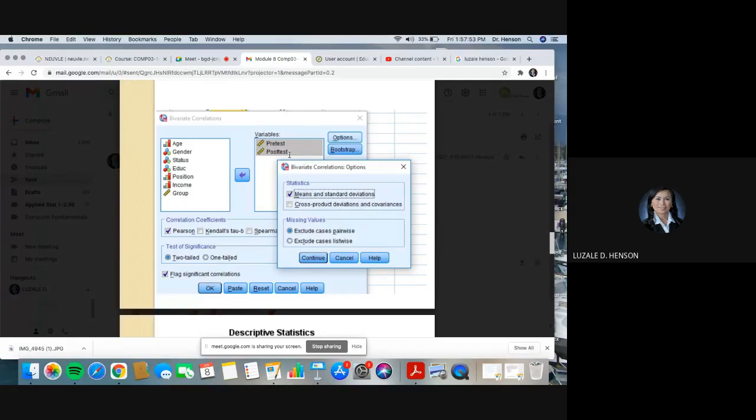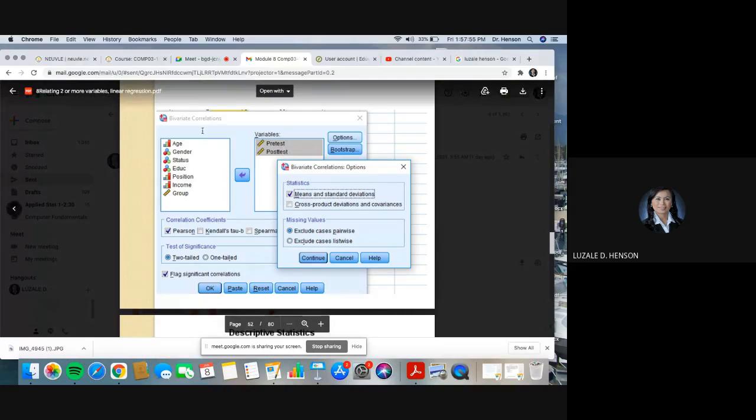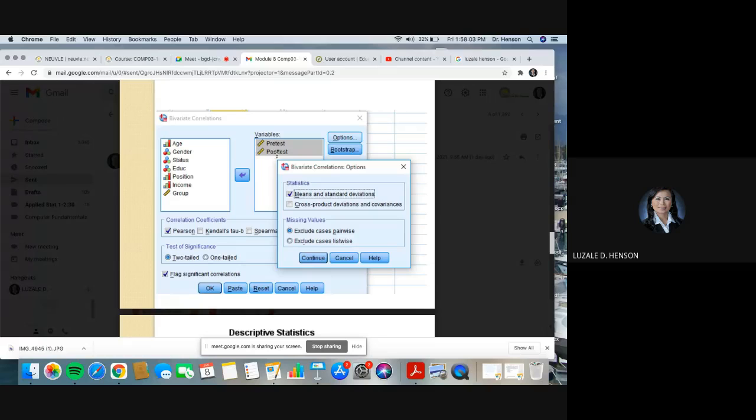to applying this Pearson product moment correlation test. So once you have dragged them there, what's next? You press Options and this will appear. Just press means and standard deviations to give you those values. Press Continue. The default is already ticking Pearson, and that's it. You press OK, and this will be generated.